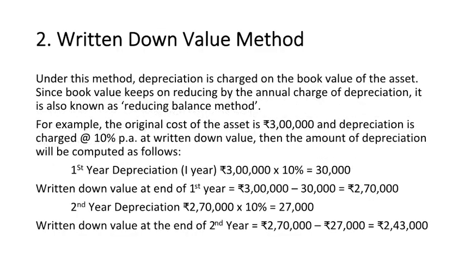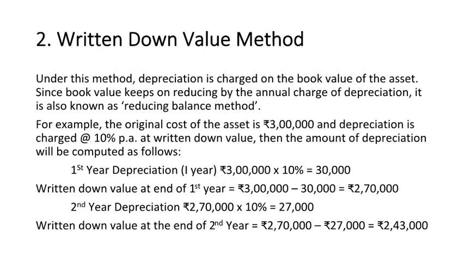Next, we have the written down value method. In this method, depreciation is charged on the book value of the asset. Since the book value continuously reduces with each annual depreciation charge, this method is also known as the reducing balance method. For example, if an asset's original cost is 3 lakhs rupees and depreciation is charged at 10% per annum